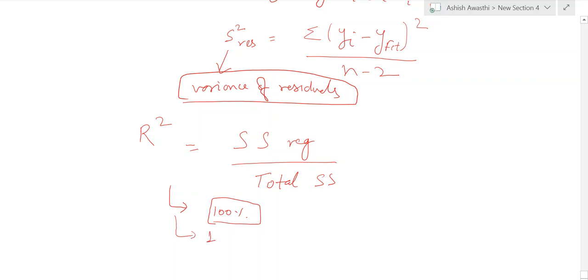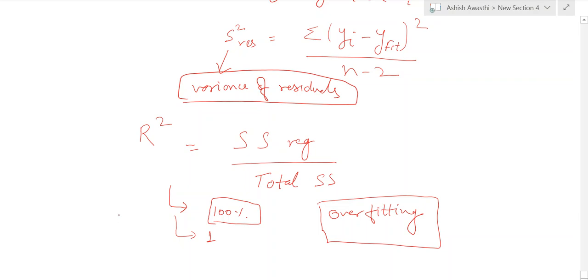But one thing should also be remembered, that it should not be too high, because if it is too high with only one variable, it is called overfitting, and your results may be misleading if it is too high with only one or two variables. So you have to take care that you are not overfitting your data.